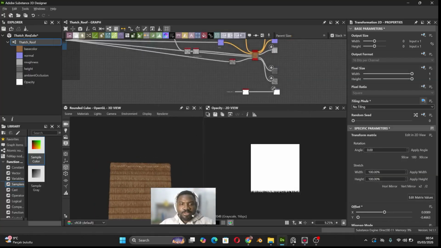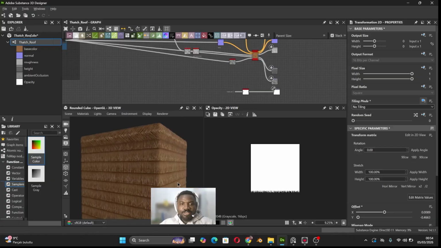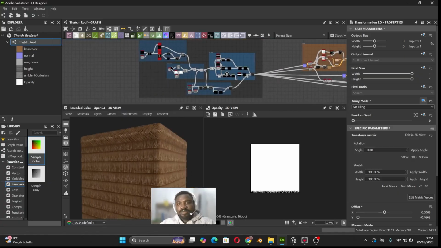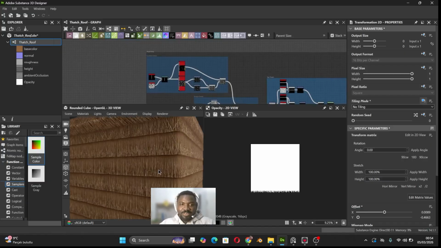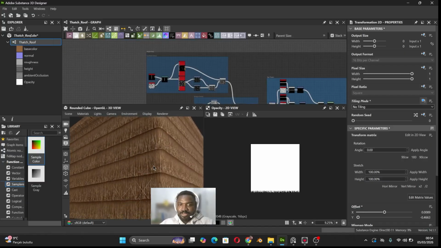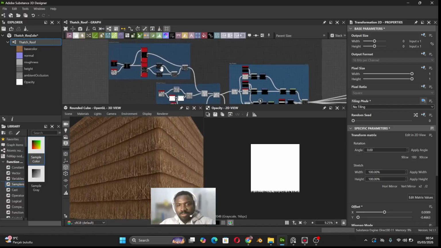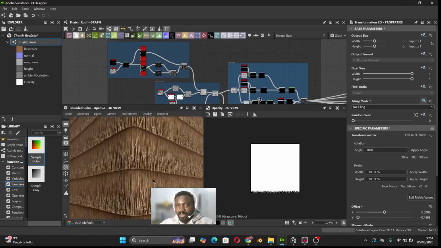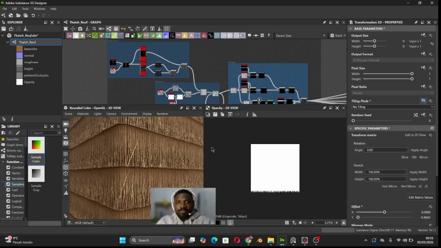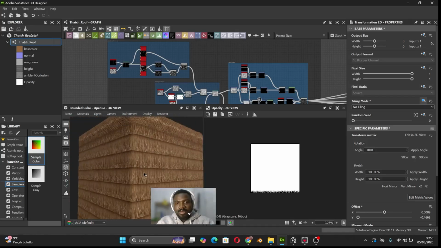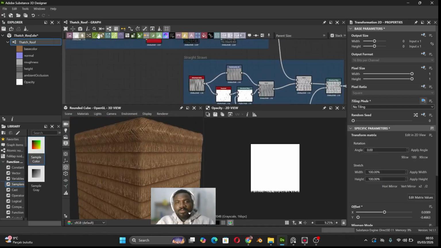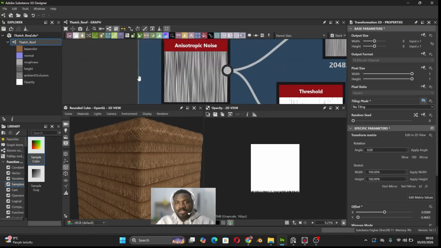So this is it in Substance Designer, same material. And how did I approach this? Since Substance Designer is a procedural tool, there is really no one way of achieving something like this. For me, I have never done this type of material, so it's a learning opportunity. And okay, I think I started with this